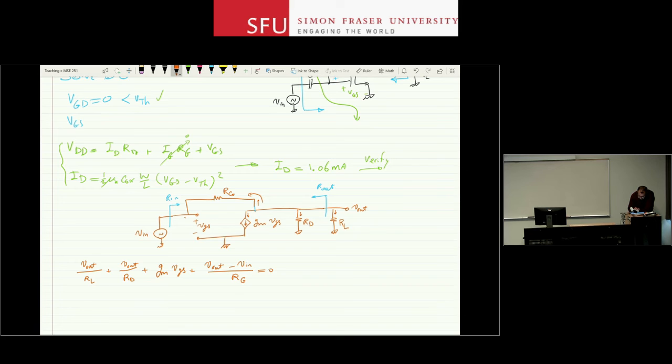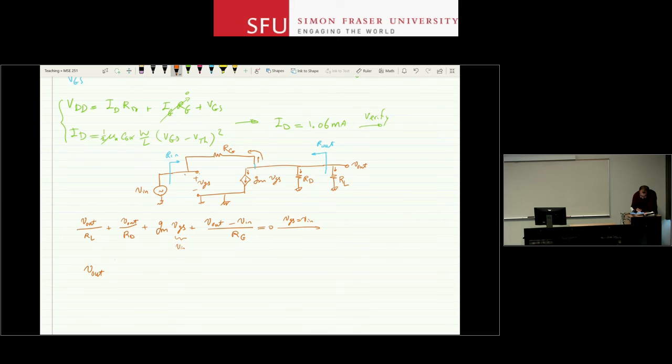I noticed right away that I can make my life easier. VGS, the voltage here, is the same as V in. The source end is ground, and I'm applying that voltage directly to here. So this is V in. I already have a relationship between V out and V in, and so I'm going to make it explicit here. Since VGS is equal to V in,